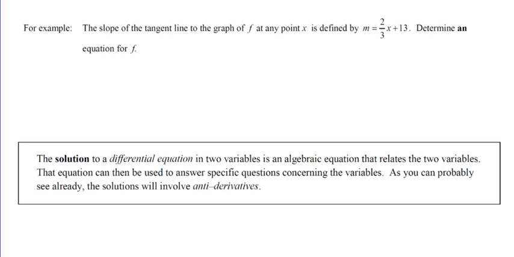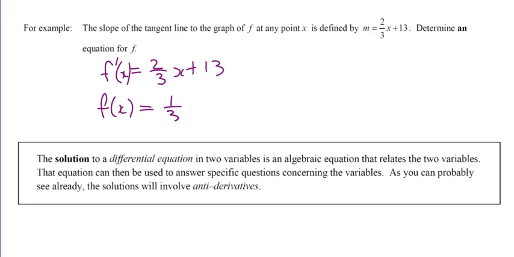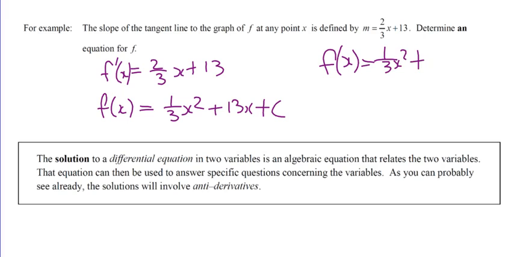Okay, so what do we start with? Well, we know that f prime is 2/3 x plus 13, or we could say f prime of x. So what's f of x? 1/3 x squared, right? So we got to get the 2 there, but we need the 1/3. Plus 13x. Plus c, so it says give me an equation, so f of x is 1/3 x squared plus 13x plus